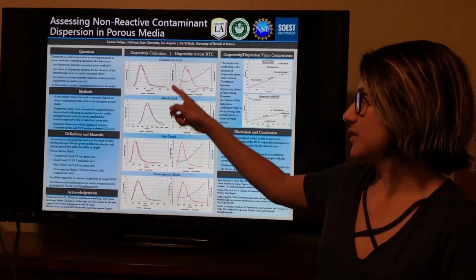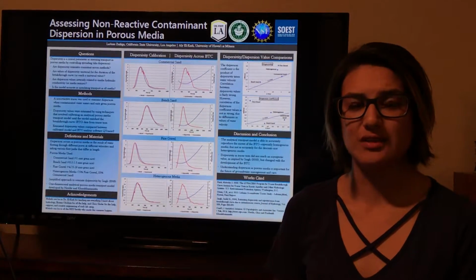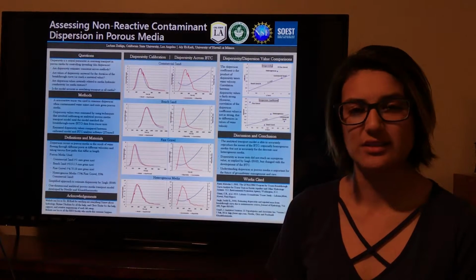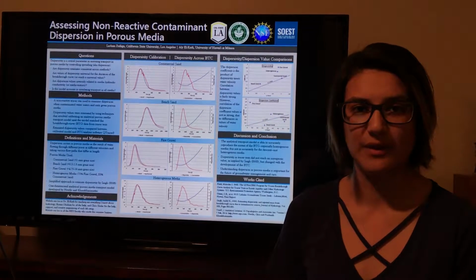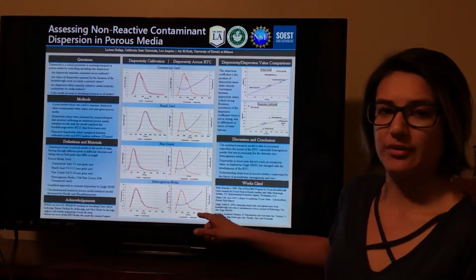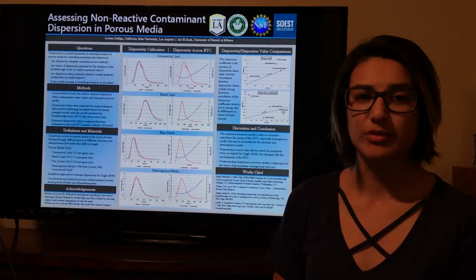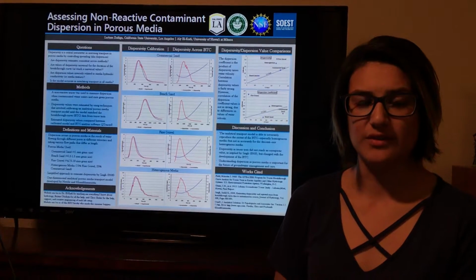These graphs show the dispersivity calibration with the modeling. The red line is the breakthrough curve from tracer tests, and the blue line is the curve that was fit by the model. These graphs show dispersivity across the breakthrough curve. The red line, again, is the breakthrough curve from tracer tests, and the blue line is the dispersivity values found